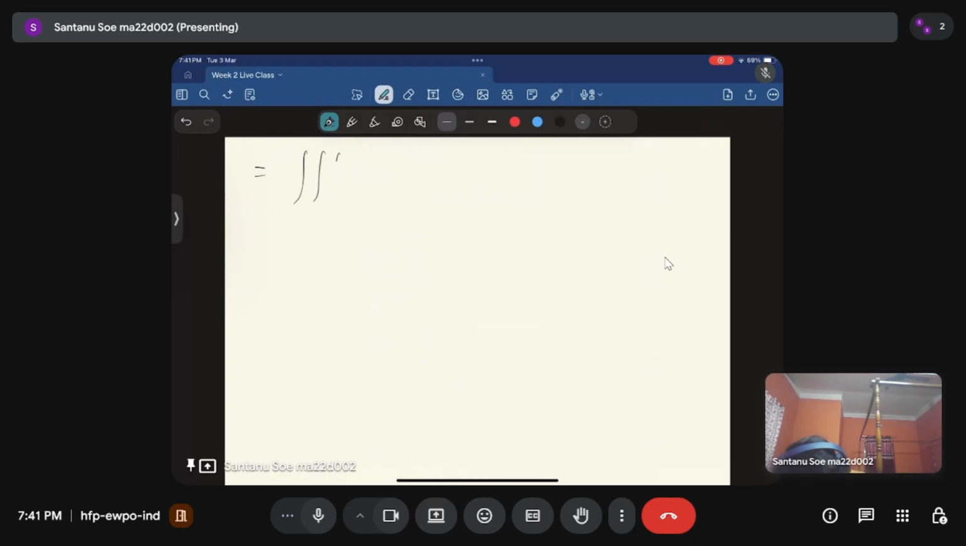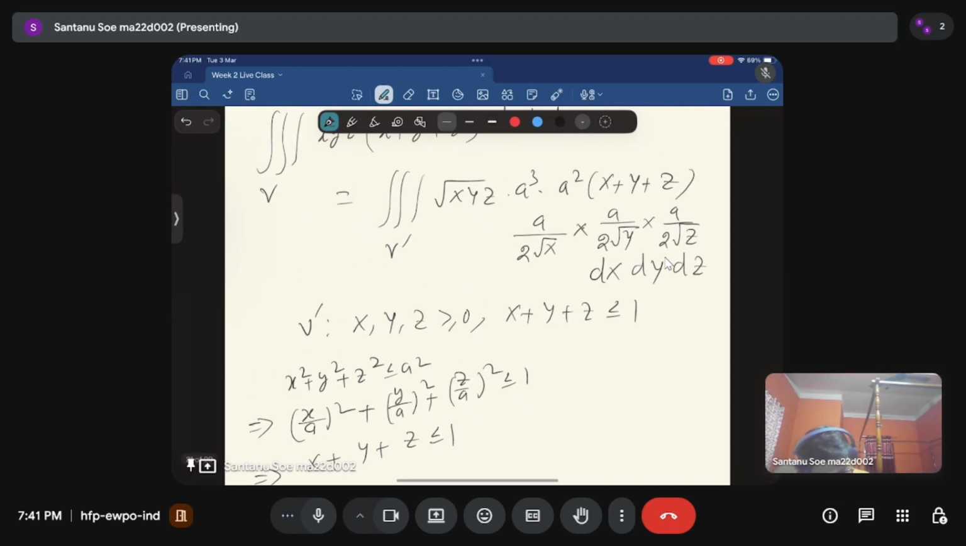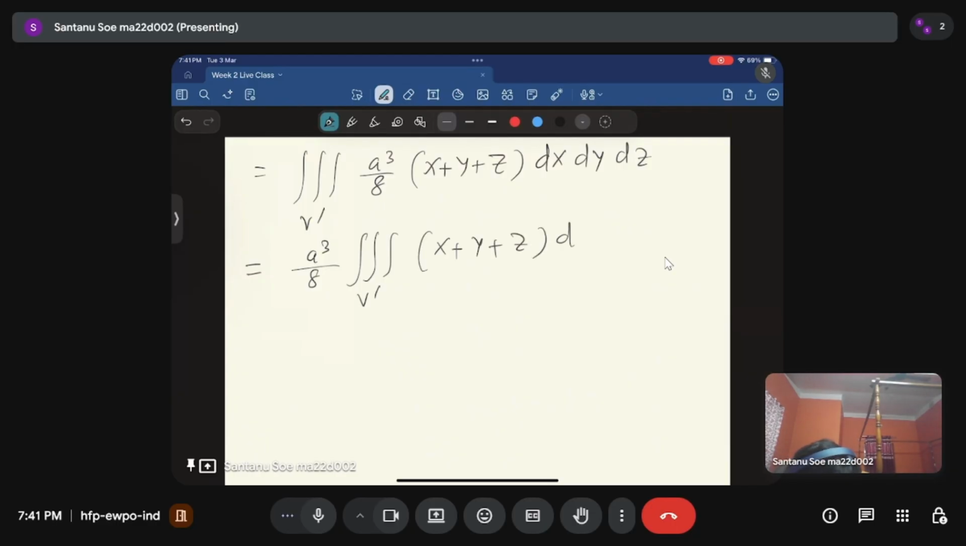So our integration is changed into the triple integration over V prime, and then this square root of xyz got cancelled out. So this is going to be a cube by 8 times x plus y plus z, dx dy and dz. So this is a cube by 8 integral over V prime of x plus y plus z dx dy dz. So now see that by symmetry